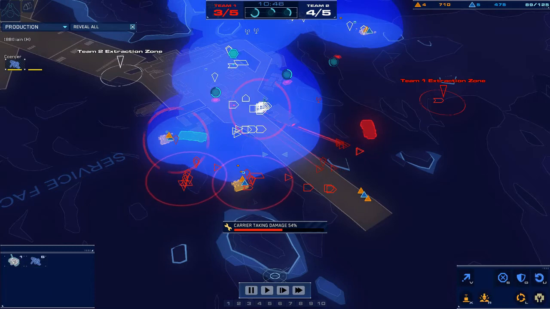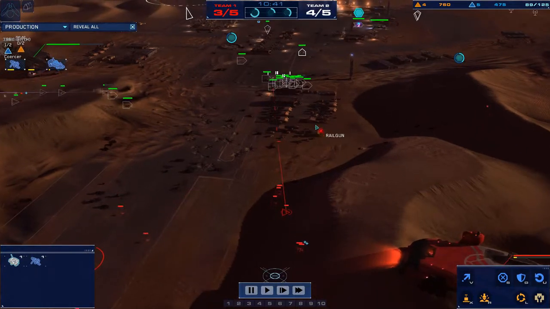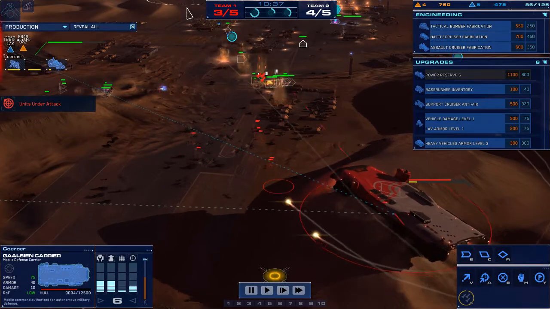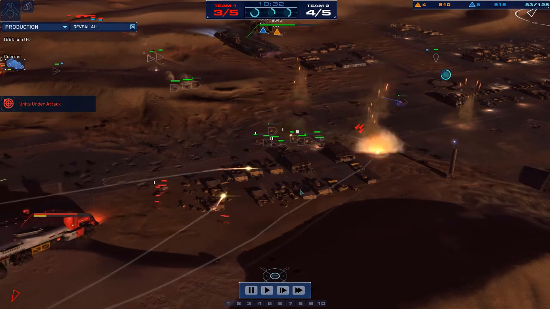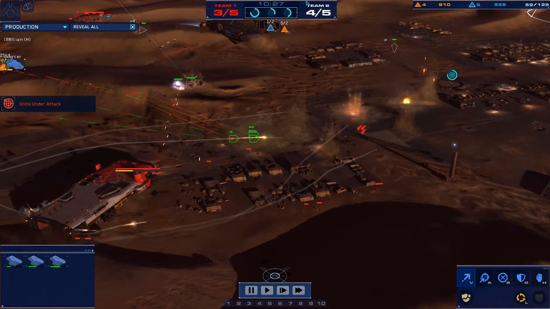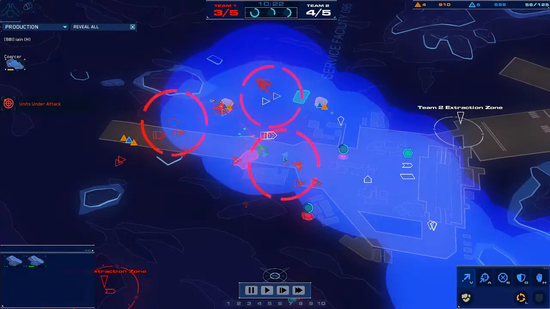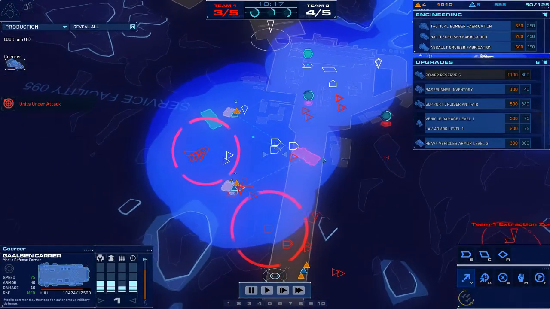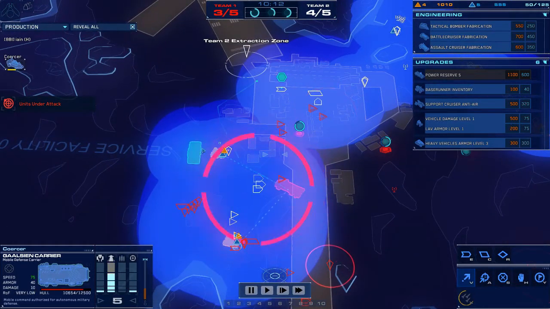Of course, I have built up some sand skimmers because I've seen that he has mainly railguns in his force, but that won't be enough at this point. I launch the Gaussian carrier's missile ability, and that takes out most of Iain's army with those AoE attacks. And at this point I actually think that I might still have a chance if I take out that force